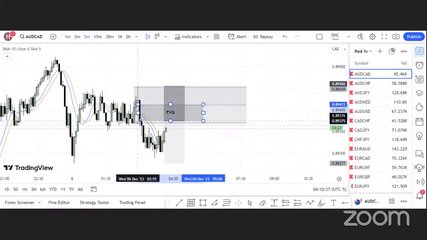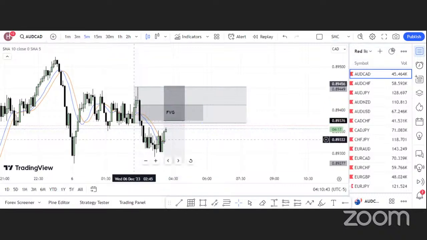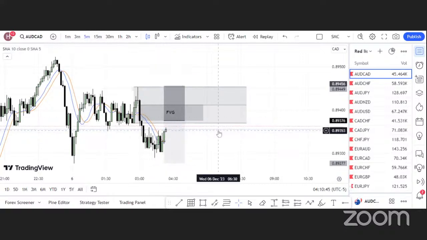As you can see, the current candle is making its move towards the entry zone. So hopefully it tucks in and